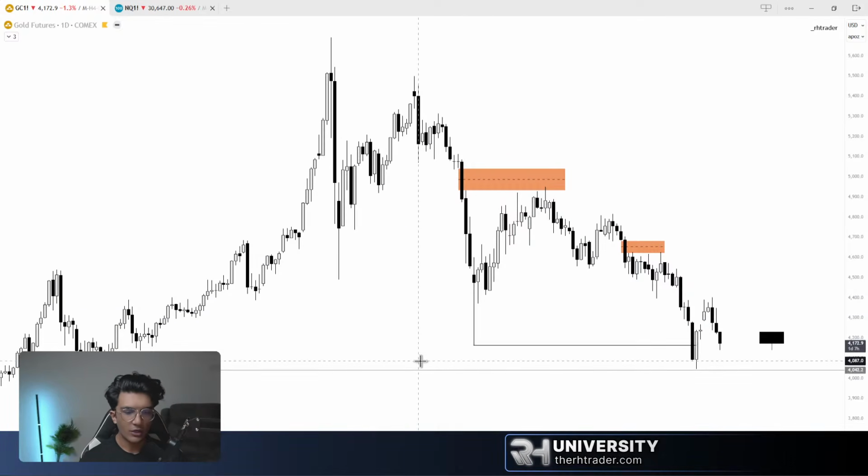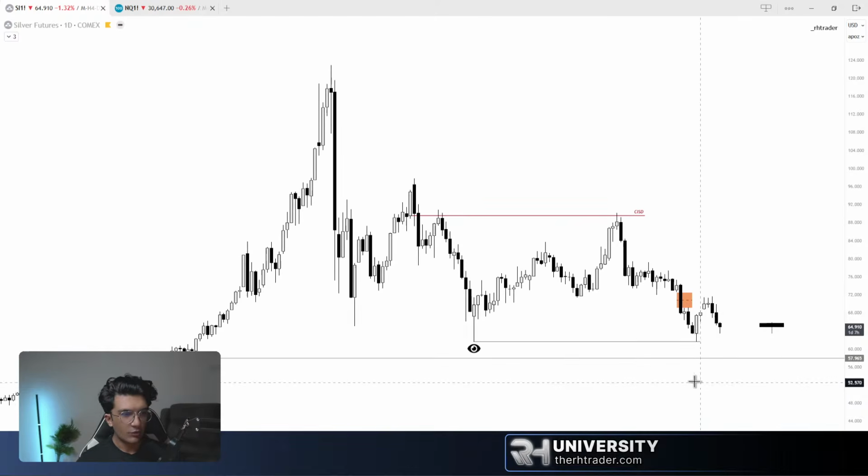Once again, the final objective for gold is going to be this low. All right. Once price reaches this low, I will not be looking at gold once again on the streams as well. So this low is what I'm expecting price to get to, and it should in the next week, right? Moving on to silver, see the objective has been met on silver. We have just retraced into a daily fair value gap.